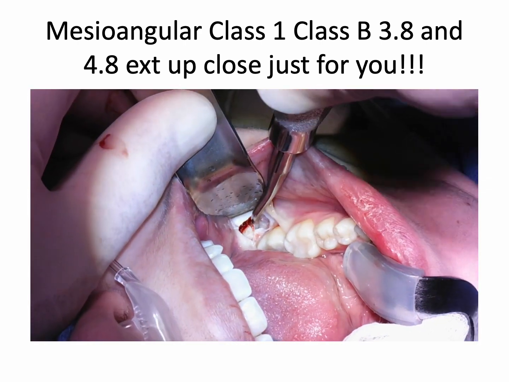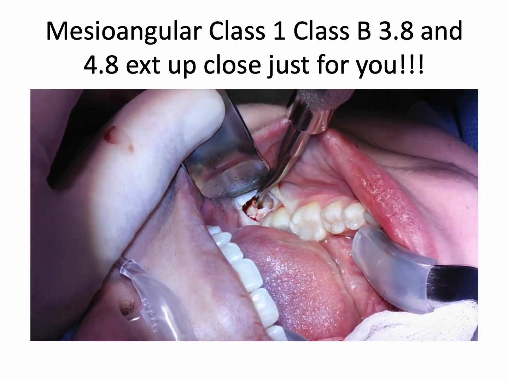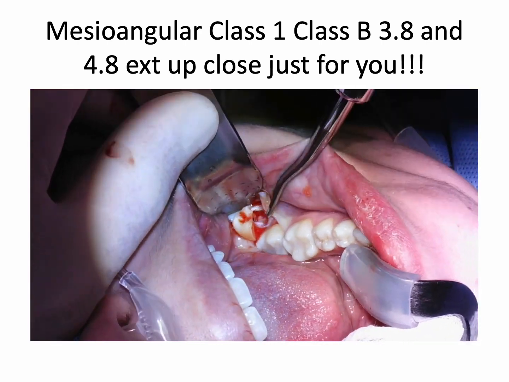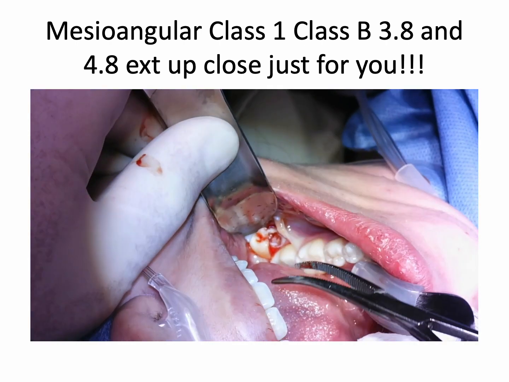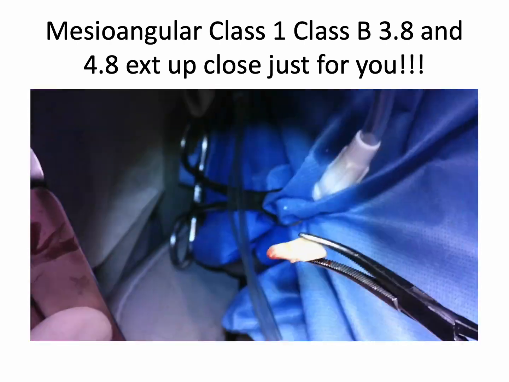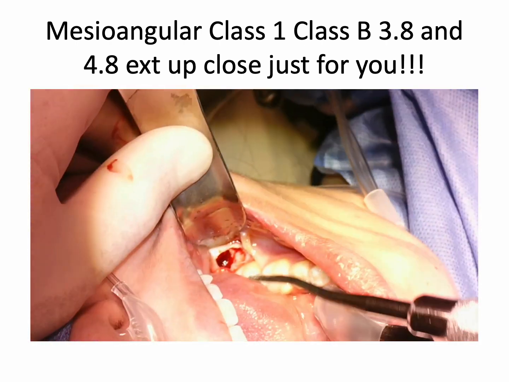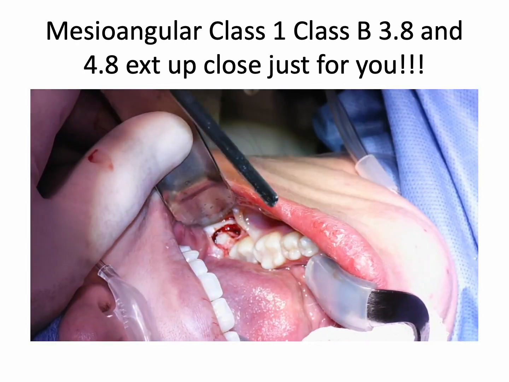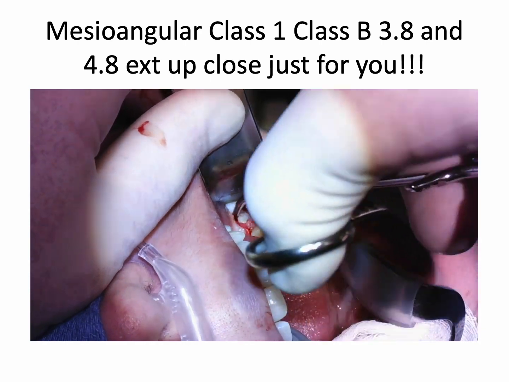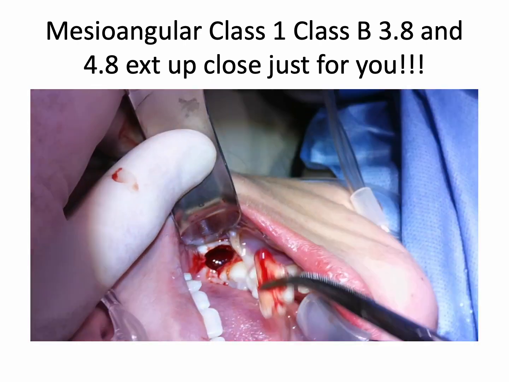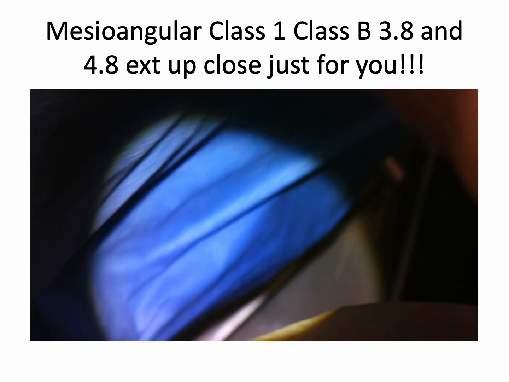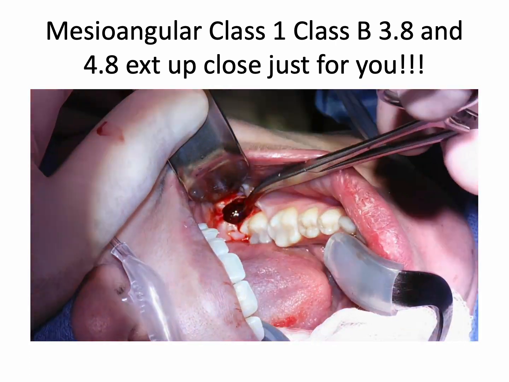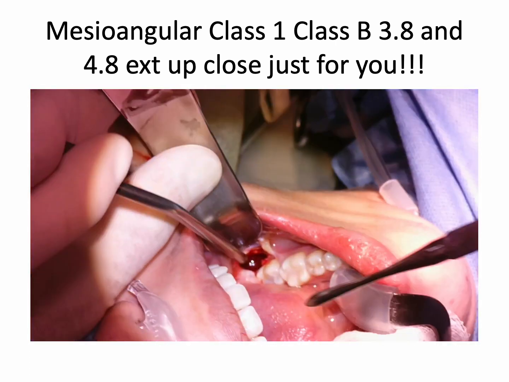So we bisect the tooth. Typically don't go 100% of the way through. Allow your 77R to do the rest of the work for you. So you might go 80% of the way through. The last 20% you crack with your 77R, and then elevate out the distal aspect with the associated root. 77R back in there. Get that mesial aspect with the mesial root out using your hemostat. Removing any remaining bits of